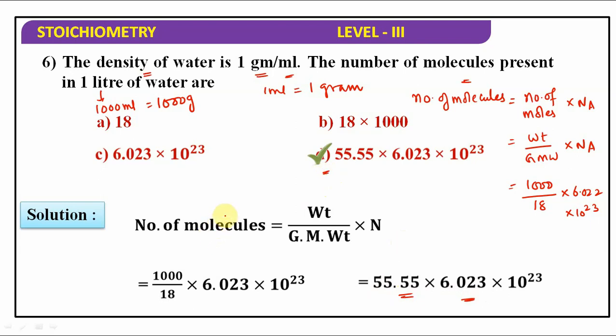Understood? Children, while you are solving mole concept or stoichiometry or physical chemistry numericals, you should know the approach. To get the approach, you should be thorough with the theory. Once you are thorough with the theory, then you will get to know the approach. But if you have the theory and formula in your hand, before solving you have to solve some practice numericals. Solved examples you have to solve. Once you go through the solved examples, it gives a clear idea to solve this type of numericals. Is it clear? Right? So that's why I am giving you solved examples. It gives an approach for how to solve.